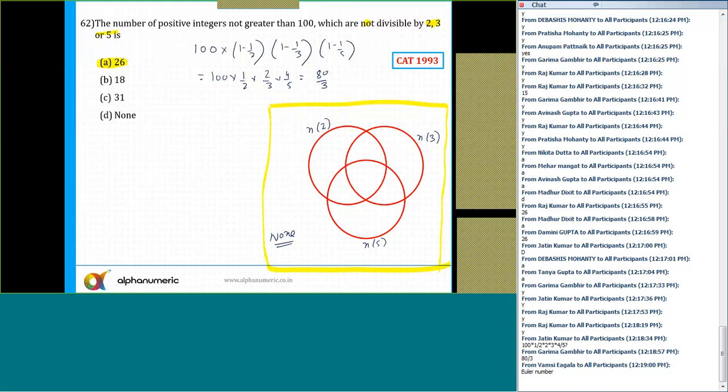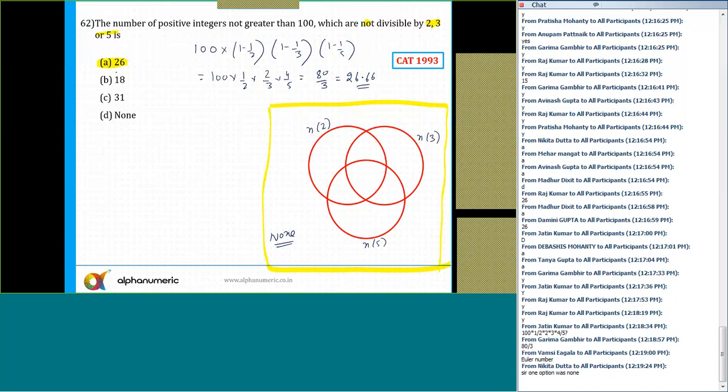Yes, that's right. That is basically nothing but it has been derived from set theory only. Okay, Vamsi? So 80 by 3. 80 by 3 is equal to how much? Approximately 26 point something. I think 26 3s are 78. So 26.66. So the answer in this case, if I look at the option choices, I'll mark as option number A.